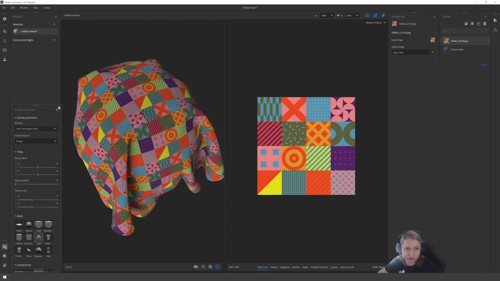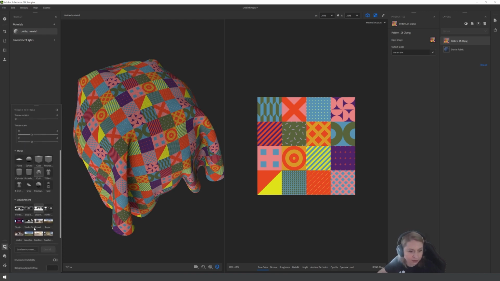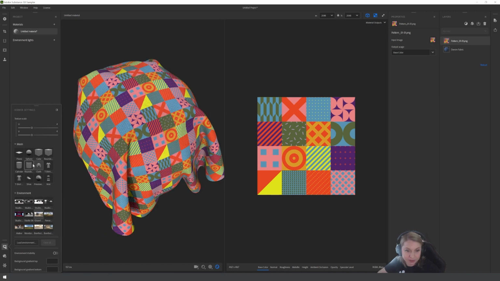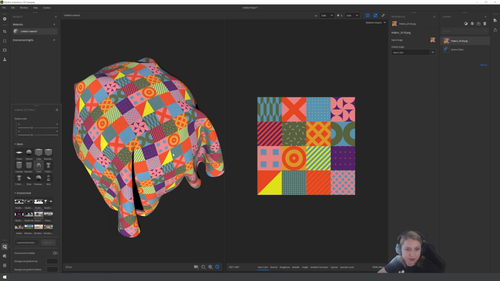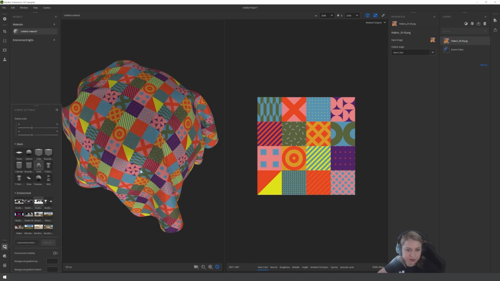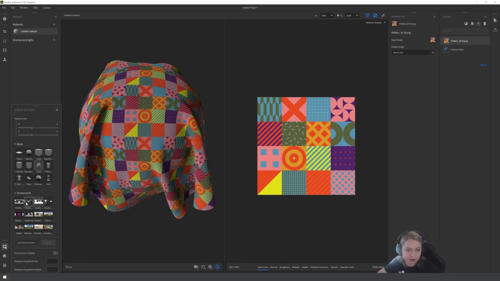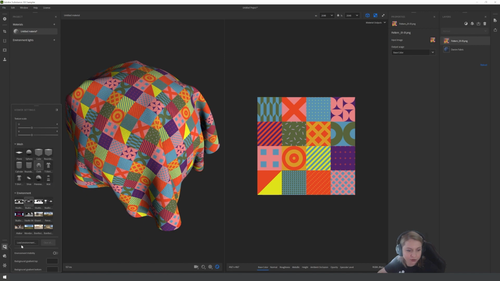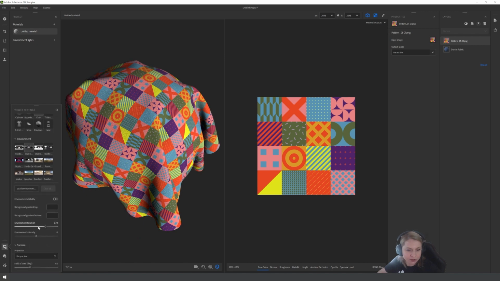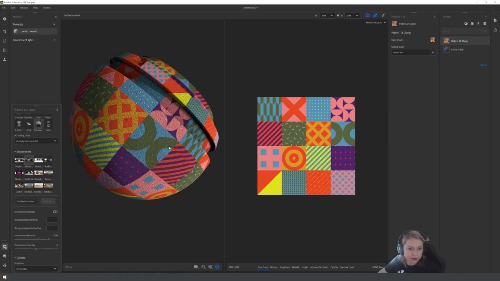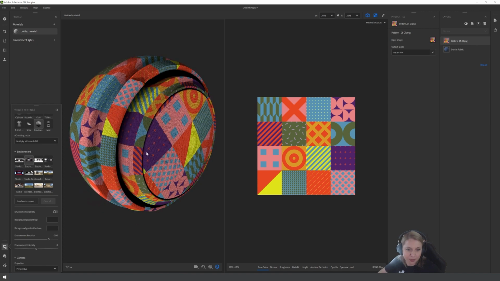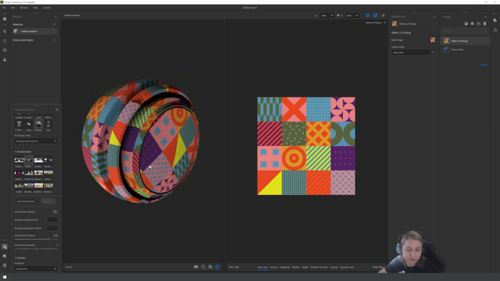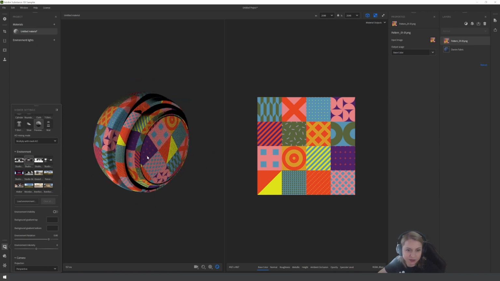I'm really happy with this material now. You can also change the environment light, and then you get a different result. I just like to stick to the studio lights because then the colors are more accurate, let's say. You can also turn it around, rotation, intensity. Actually, the preview sphere is my favorite to use for these kinds of things because of all these little details that you can see of how your material is behaving. I really like this stuff.